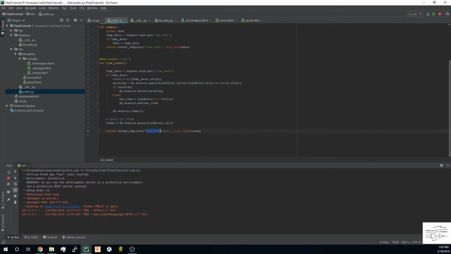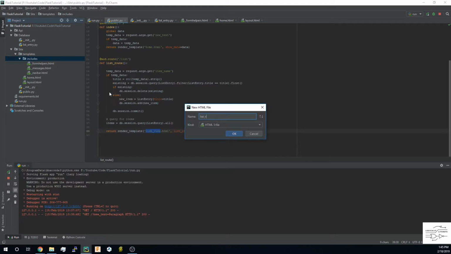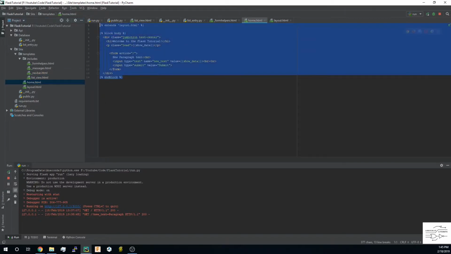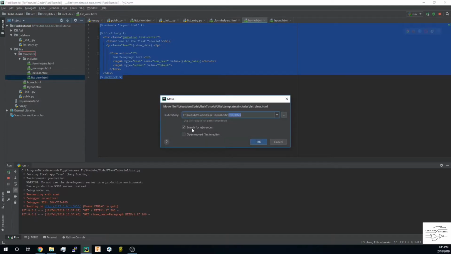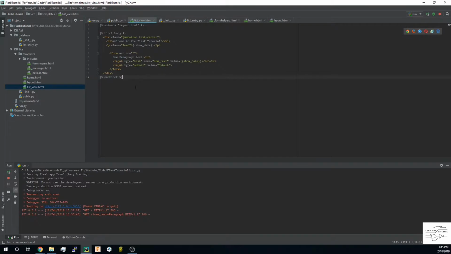So now we have our render template with a list view, which we do not have yet. So let's go ahead and create that next. So we'll just say new HTML file, and we'll call it list view. Okay, and we'll want to just get rid of that. List view will look a lot like home, so I'll actually just copy and paste. Put that in the wrong file there, wrong folder. So we'll copy and paste home into list view, and I'm just going to go ahead and delete